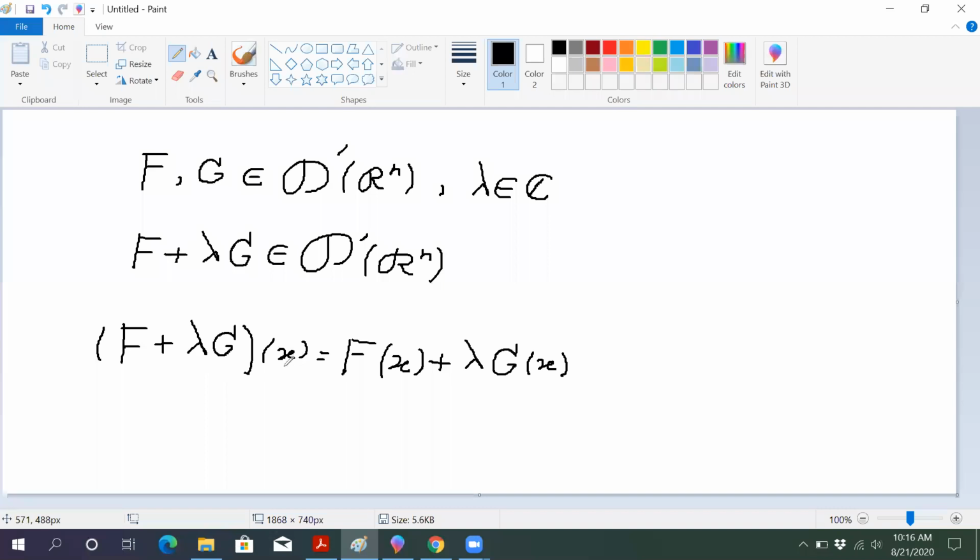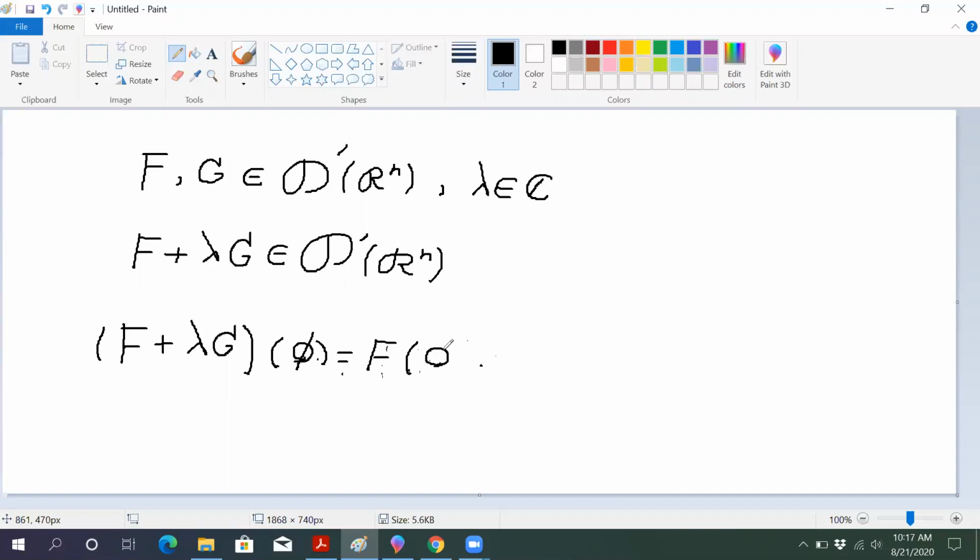I'm sorry, here I have to make a correction. It doesn't matter, but every distribution maps a test function, so for the argument, X is not an element of R^n. X is a test function. But since we are using phi, psi for test functions, let me correct it. It's not wrong, but we have to be careful that X must be a test function. So F plus lambda G at phi